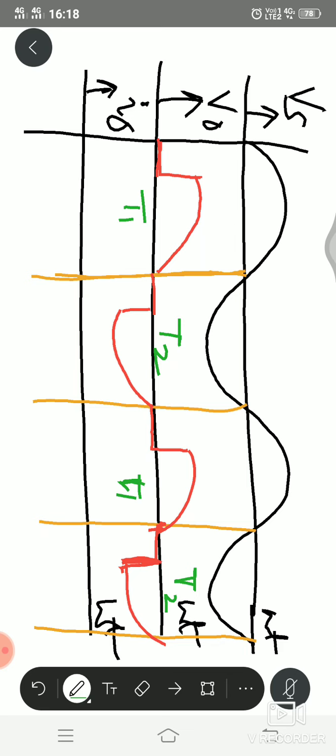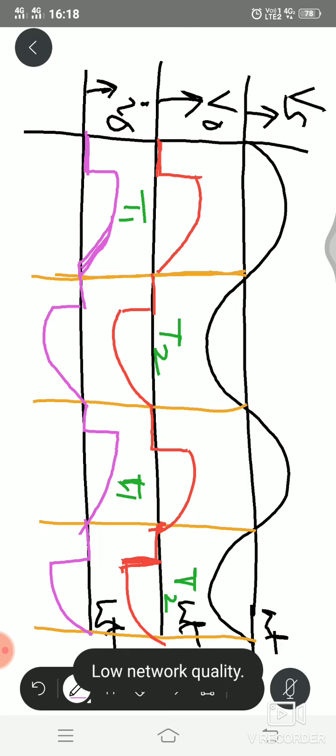And what about the load current? Load current will also be the same one. There will be a difference in the magnitude, they won't be the same. This will be the load current. The nature of the load current will be the same as the nature of V naught, because in this case we have taken a purely resistive load.